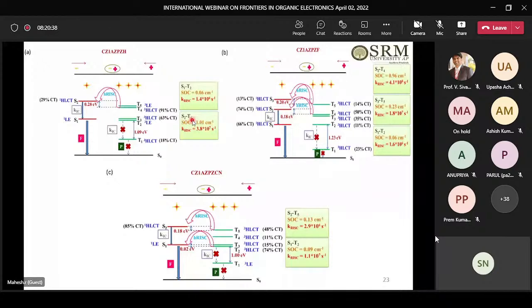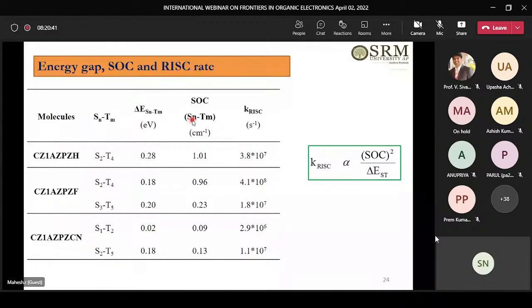So the whole idea is, again, the rates depend upon the spin orbit coupling and the energy gap. As you can see here, the moderate donor and the moderate acceptor have shown stronger rates of reverse intersystem crossing compared to the strong acceptor. Anyway, we do not have a strong donor here. When we consider a strong donor, we couldn't achieve a larger T1 T2 energy gap. So the overall conclusion that we have understood from this study is,